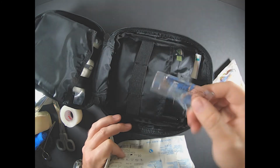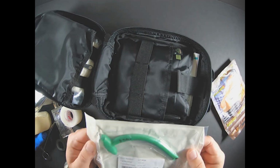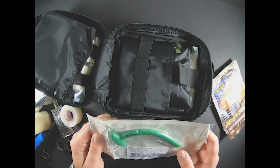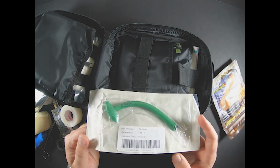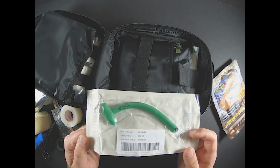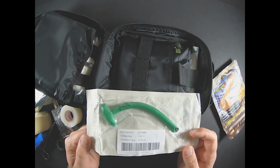A little petroleum jelly to help glide that down. There's plenty of videos that explain how this works. It's just another way to open up the airway. If for any reason your patient does stop breathing or has a blocked airway, this goes up the nose,